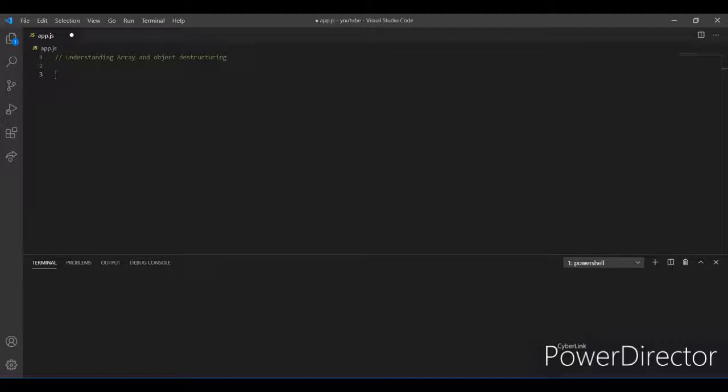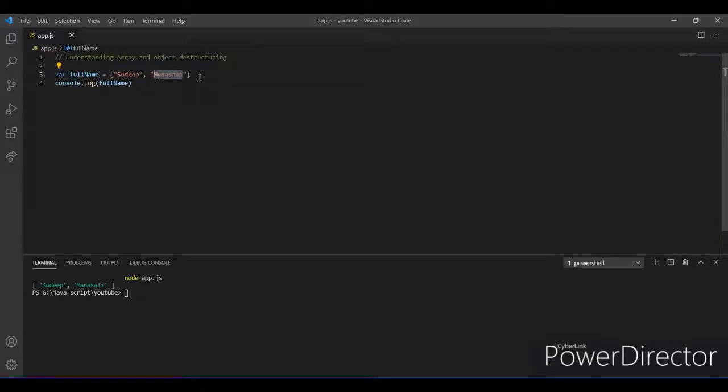For that you declare a new array here, where that is the full name that holds my first name and this is the second name. If you log this, console.log full name, now you get this as an array, but you want to split it into two separate variables with which you can continue working. Like this is the first name, that is Sudeep, and the last name is Mansali.